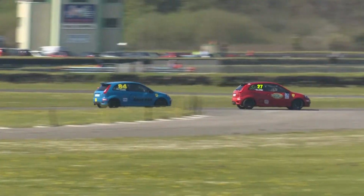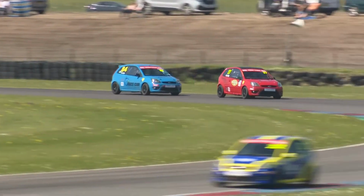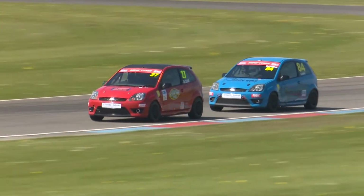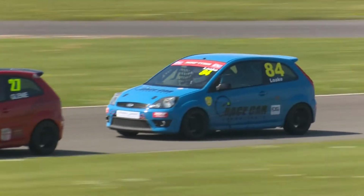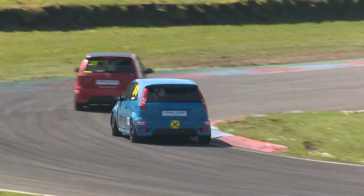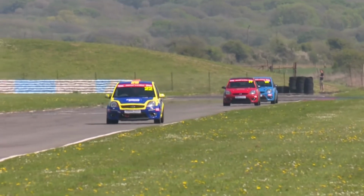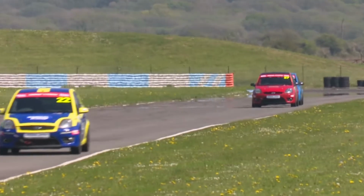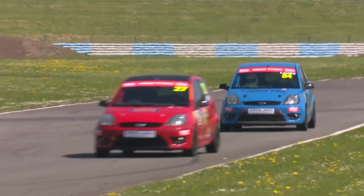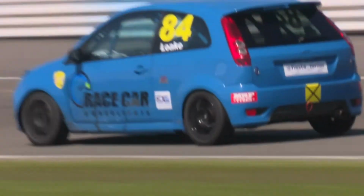So Glennie is now coming under pressure from Joseph Loke, who's adapting very well indeed to these cars, having raced karts as many drivers do. You don't have to race karts before you come into car racing. You can have tutelage from any number of sources and teams and come into racing as a complete novice, and many of the junior championships in the UK do allow that and encourage that. But here we come, Glennie still being chased by Joseph Loke,